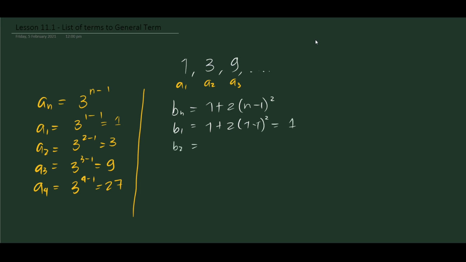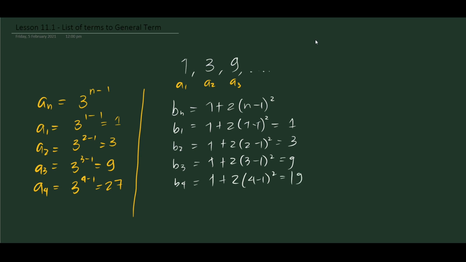How about b2? 1 plus 2 times (2 minus 1) squared is equal to, what's this? 2 minus 1 squared. So that would be 3. Okay, how about b3? So 1 plus 2 times (3 minus 1) squared. So 3 minus 1, 2 squared, 4, 8. That would be 9. How about b4 here? You will get 1 plus 2 times (4 minus 1) squared is equal to, so 18, 19. Okay,